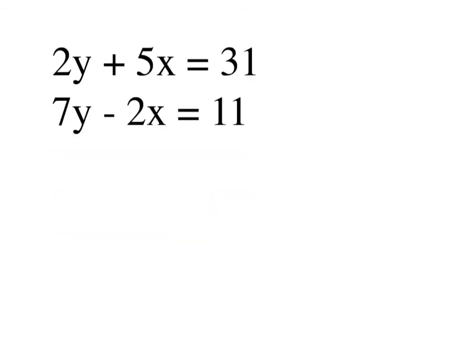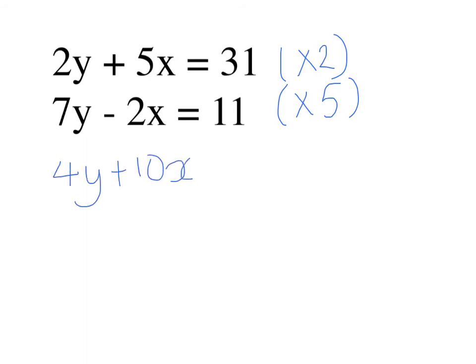Okay, last example I'm going to show you. So once again, we have our simultaneous equations, and once again you can see that the coefficients are not the same. So instead of just multiplying one, this time I'm going to multiply two of my equations. I'm going to multiply this equation by 2 and this equation by 5. I'm then going to have 4y plus 10x equals 62